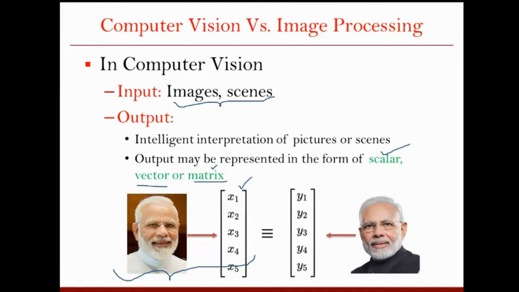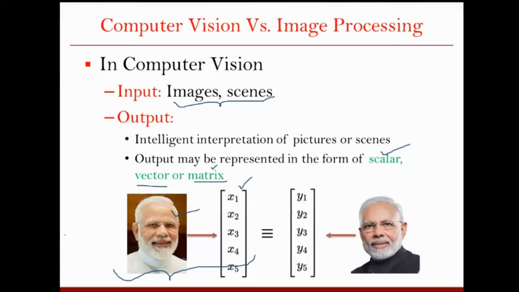Let's say the face that we are getting doesn't have proper contrast, or it is noisy, and you want to improve it. So what you will do first, you will take the input image, you will apply some kind of image processing on that, you will improve the image, and then later you will use it for the recognition. So from this process, it looks as if in any computer vision task, first you may have to do the image processing and then the computer vision, right? But it may not always be true.